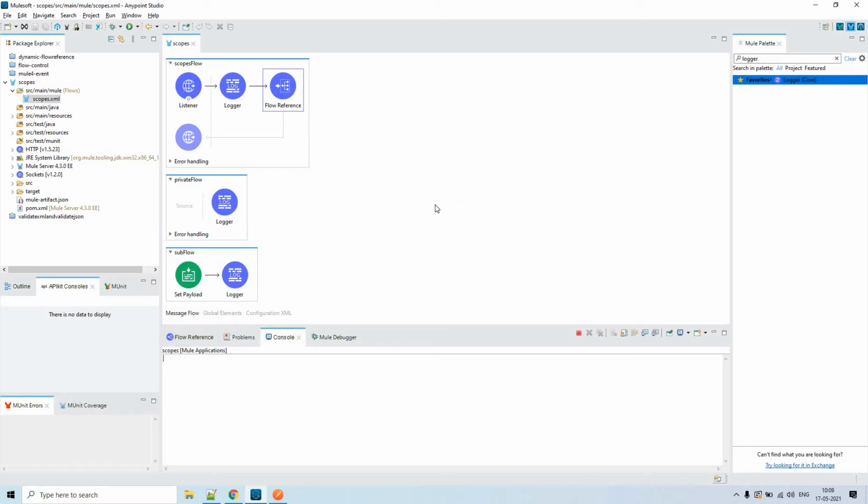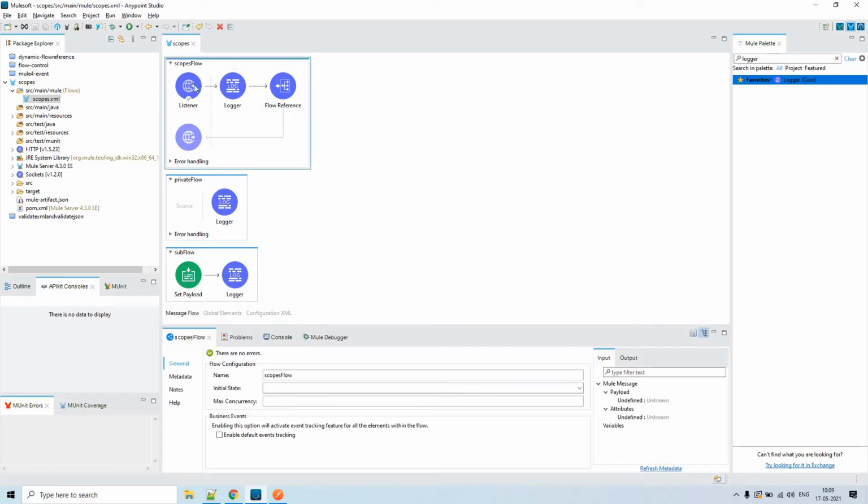Now let us speak about the differences and similarities among these. So this is the flow. It should have both the source and the processor section. And this is the private flow.